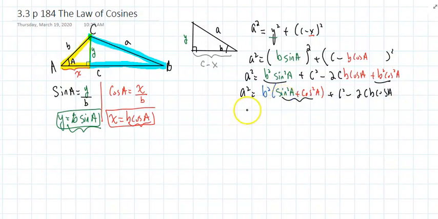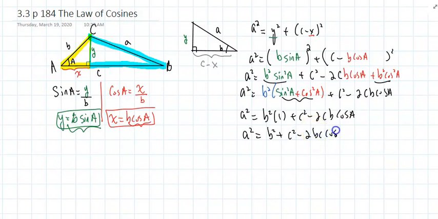And we know what cosine squared plus sine squared of an angle is. That would be 1. And that's pretty much it. This is a squared equals b squared plus c squared minus twice bc cosine of A. And that's the law of cosines. Similarly,